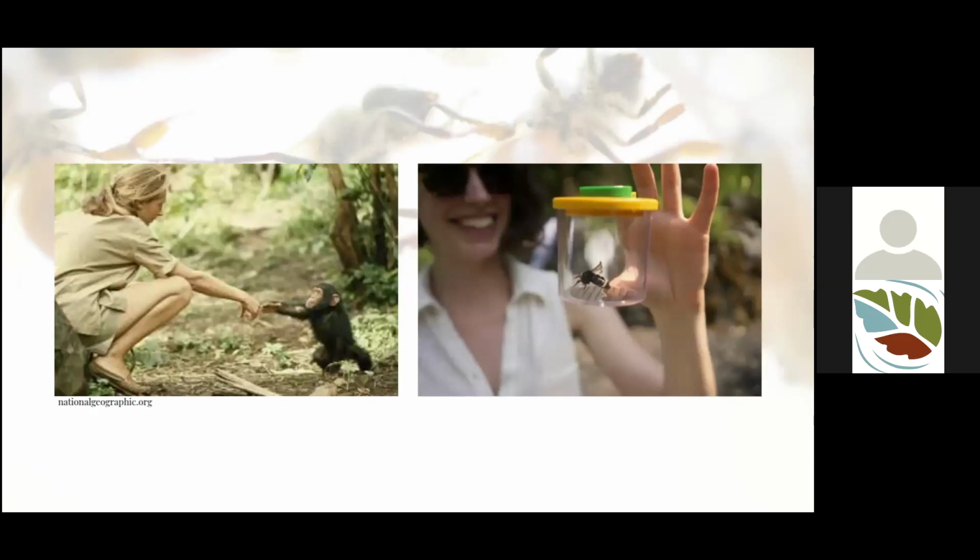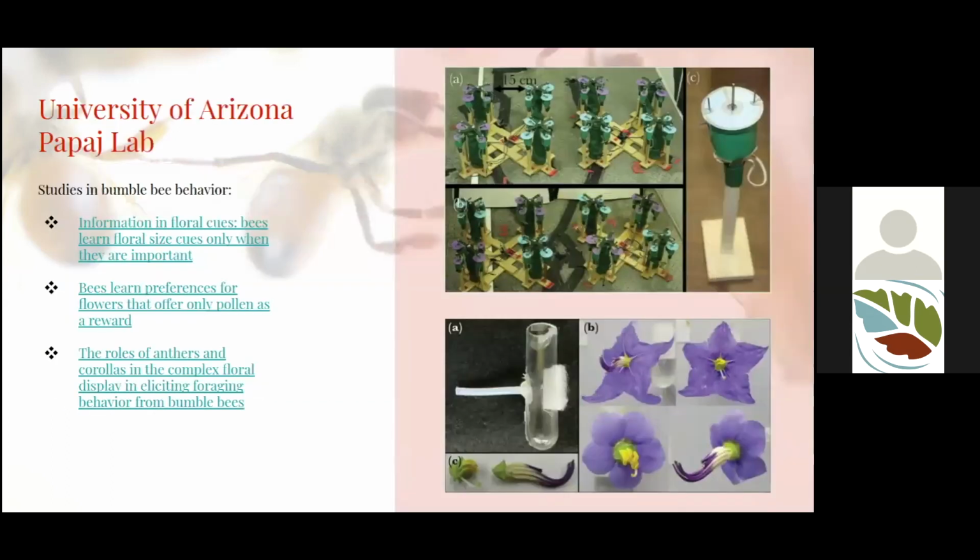And so during my undergrad, I took an animal behavior course with Dan Papaj and had the opportunity to work as a research assistant in his lab. We were studying bumblebee behavior and specifically how bumblebees react to different floral cues. So the plant itself is communicating something to the bee via flowers. Flowers are kind of this beacon that attract the bees or other pollinating insects to come and provide that pollination service that Andrew was mentioning earlier.